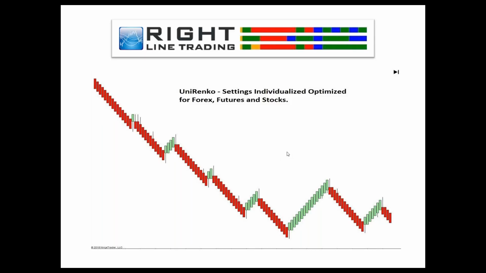And usually during a presentation, you'll always see a slide like this that just trends really nicely. You're not going to see a slide that has 2 up, 2 down, 3 up, 2 down, 4 up, 1 down. You won't see a period of time where there's lots of chop. And that's where you can really get beaten up if you trade Renko or Uni-Renko. My recommendation is to never go near Renko. So